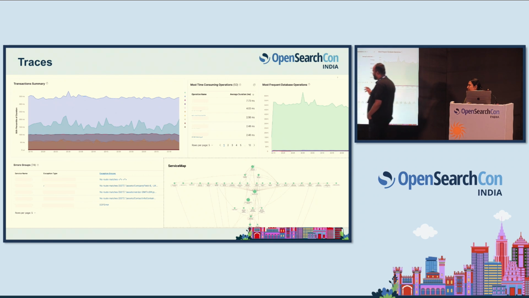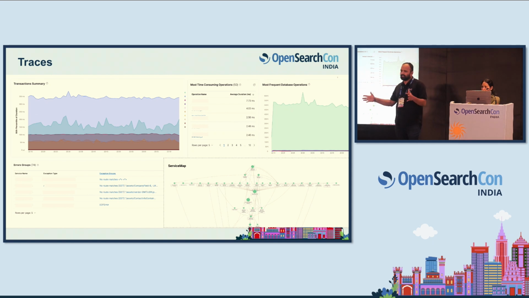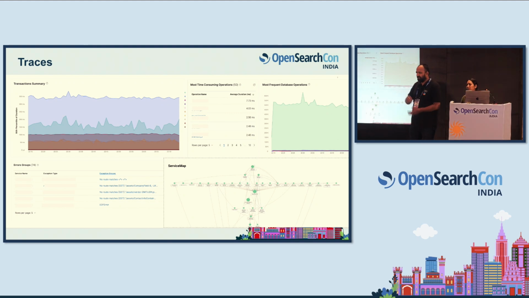And one critical feature we had was the service map. Why did we do that? Freshworks has a complex, multi-product, multi-platform architecture. We wanted one place for when a new journey or an issue happens. We wanted to see the dependencies and the bottlenecks inside a service map. What is happening? That is the reason we built this, to understand the interdependency between the services. This is where it was really helping us.